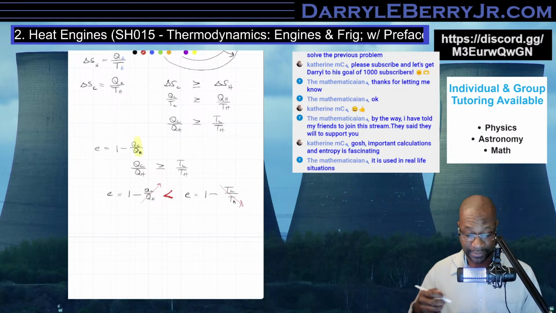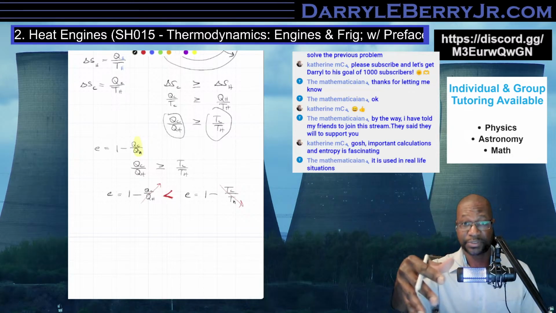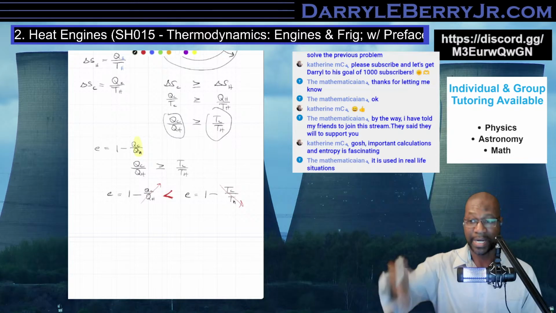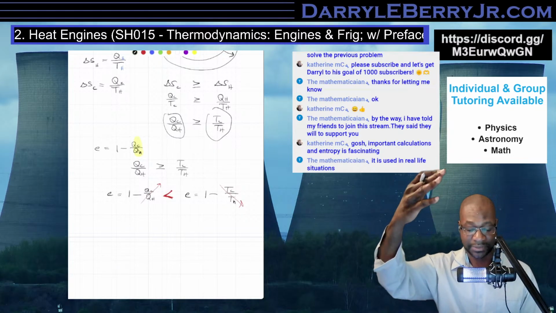That's the only way I think about it. So let me go through that again. What I did was, we see that these two are related. QC over QH, the energy that we dump into the outside, like in the towers,